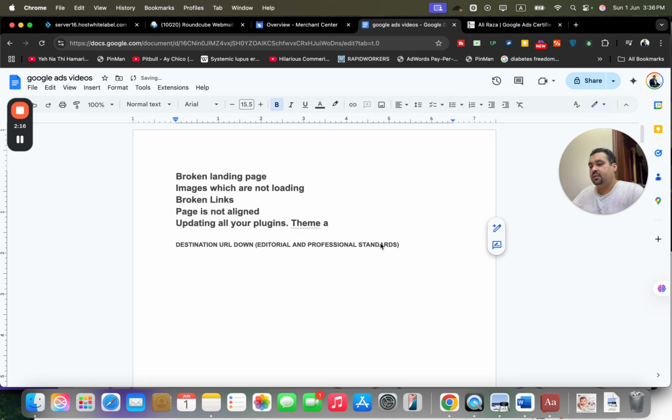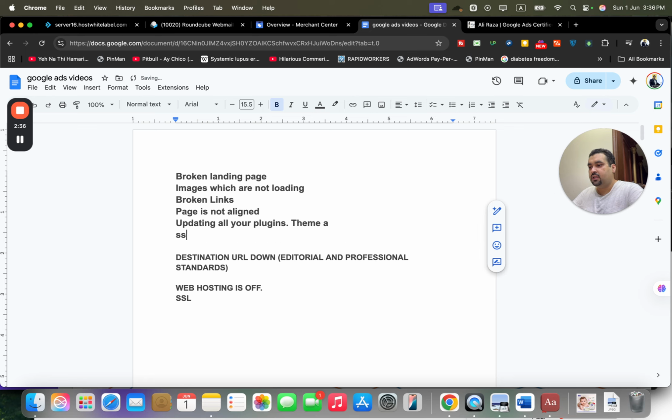The second error is destination URL down, under editorial and professional standards. Whenever you see destination URL down, it means that either your website is not loading, your web hosting is off, or there is an issue with your website's SSL security certificate. With SSL, the error can be on the broken landing page as well as on the destination URL down. And the third is that your domain is expired,